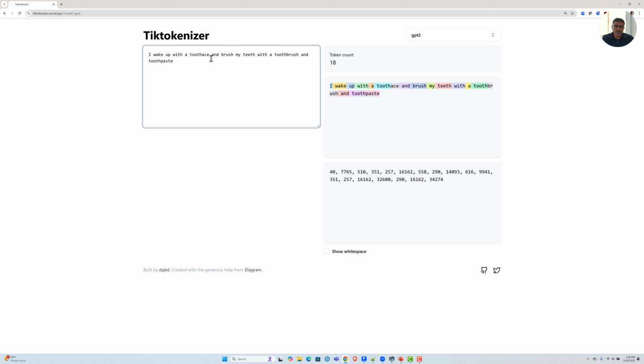I wake up with a toothache and brush my teeth with a toothbrush and toothpaste. So if you look at GPT-2, it basically tokenizes it as follows. Right? "I wake" - I is one token, wake is another token, and so on. But when it comes to toothache, it actually split tooth and ache into two different tokens because it has found out that tooth is a subword that can also be used in other places, like for example, toothbrush and toothpaste